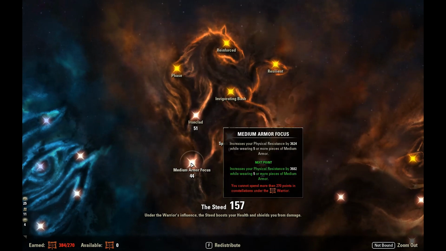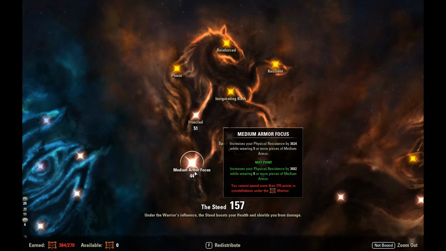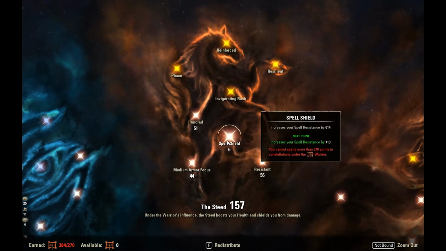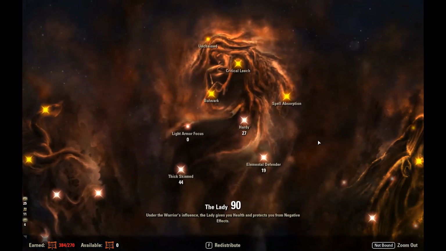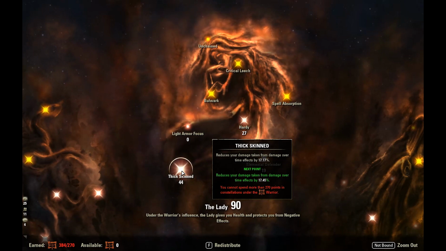I like this point placement here because DK actually gets 3k innate spell resistance. So we just make up for that by putting much more points in the Medium Armor Focus, and we can omit Spell Shield to a degree, allowing us to have an equal spread between physical and spell resistance on this spec. And then taking a look at the lady, we've got 27 Hardy, 19 Elemental Defender, and 44 in Thick